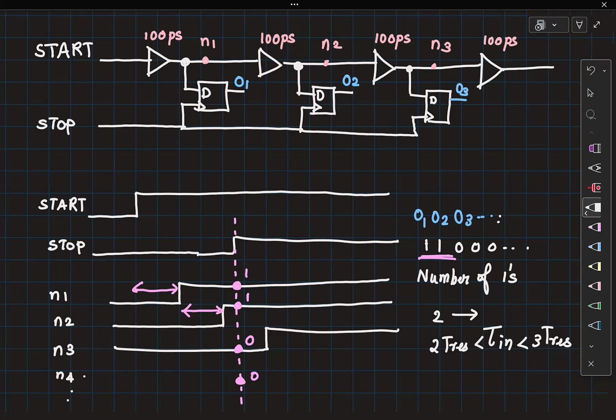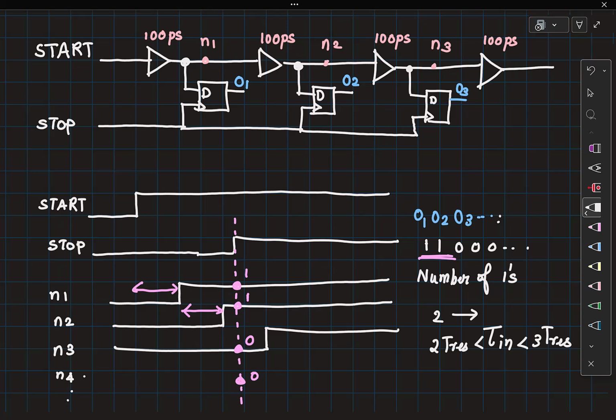No, so okay, I'll come to that. You can have an architecture that looks like this also. So any questions on this? Very simple idea, right? If I have a buffer with delay 100 picoseconds, then we are set. Now, yes. How do we decide the number of buffers that we need to use? Yes. So the question is, how do we decide the number of buffers that we need to use?